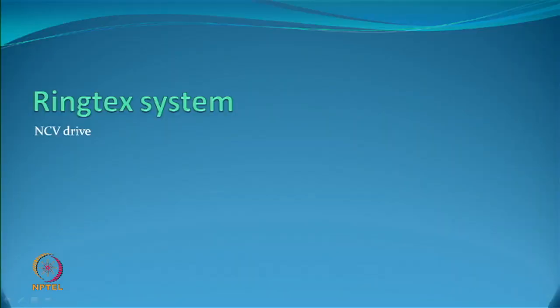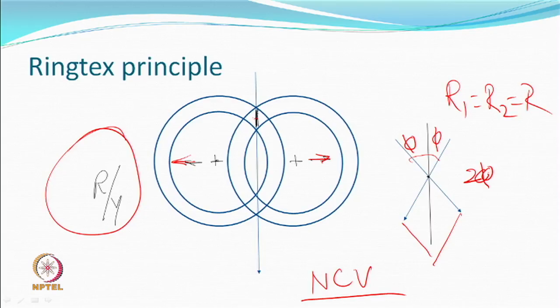The other thing which is similar to this, but different also, which is also based on the NIP controlled vector drive system, is called the Ringtex. So, what do we have here? Two sets of rings overlapping at certain points. For example, this is the point where they may be overlapping, and because of this you may have a force acting in this direction and the other force acting in the other direction, which is trying to create a couple.